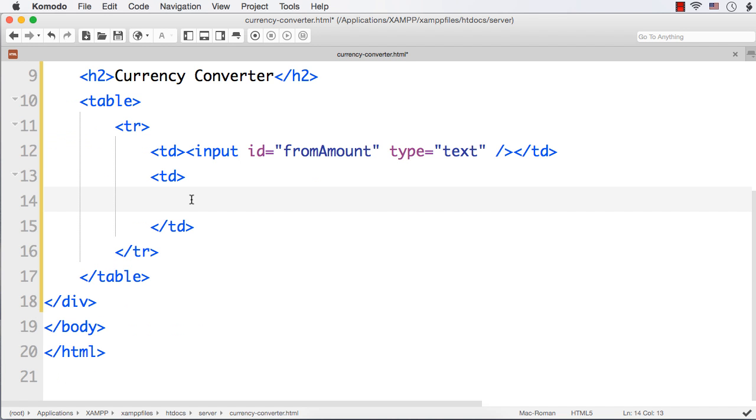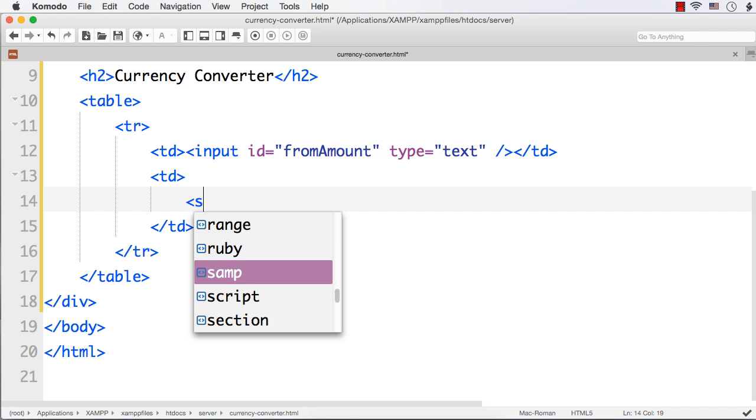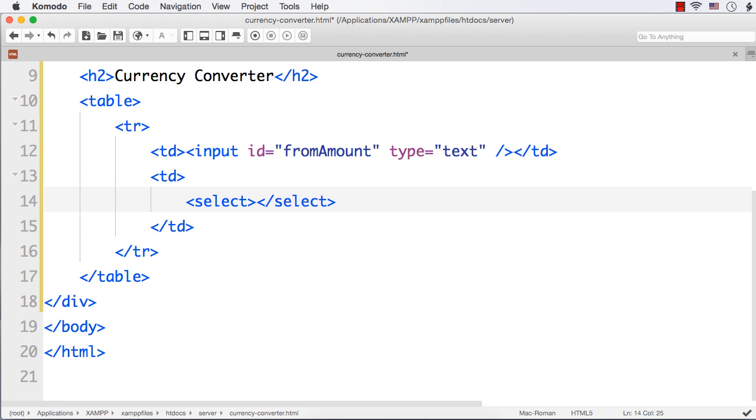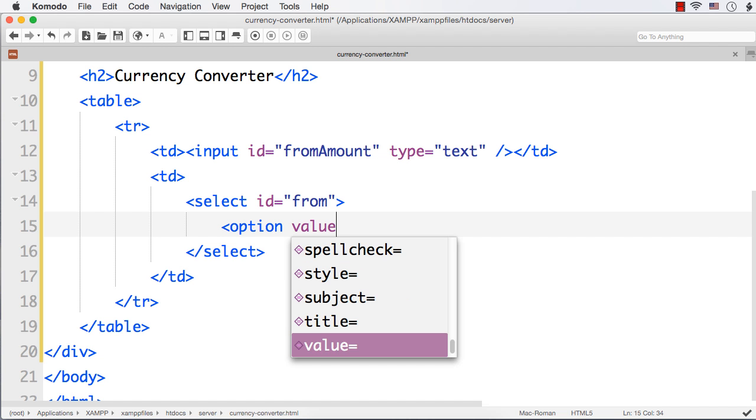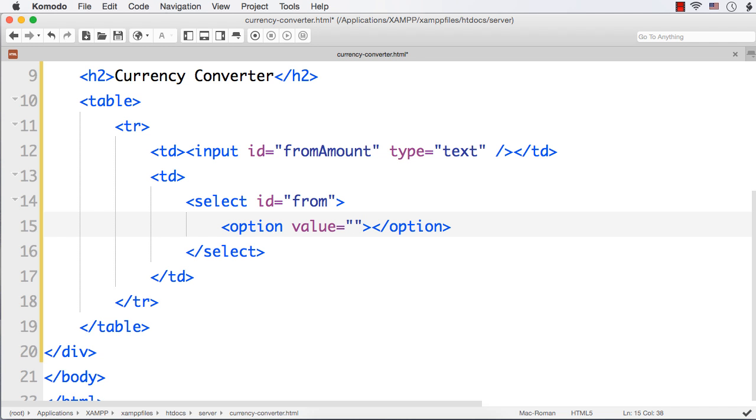Okay, let me add a select box here. So select. These are just basic HTML to create a web page, and let me add its ID to be from. Okay, this is the currency from. Then I need to add different options. So from where we can get different options, we need to have a value and also the value to be